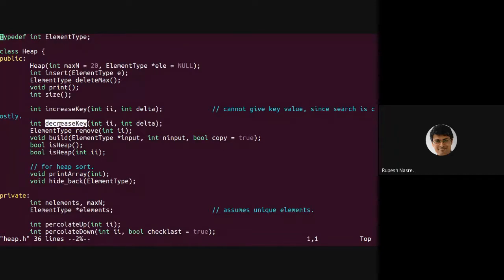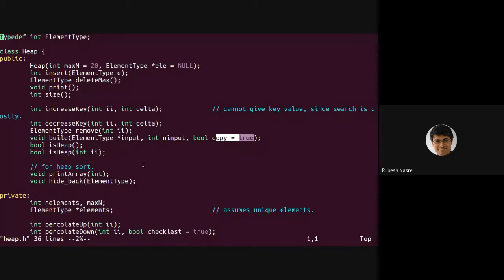Similarly, there is decrease key, and then there is removal of a particular indexed value. And then there is a build heap where I'm giving a set of elements and the size, and there is some flag required for the implementation. We'll come back to this if we discuss build in detail.